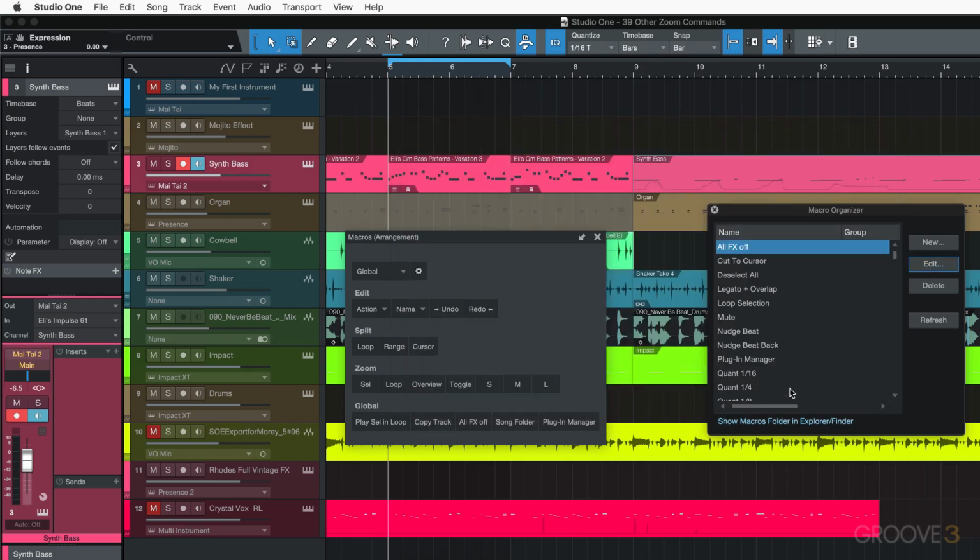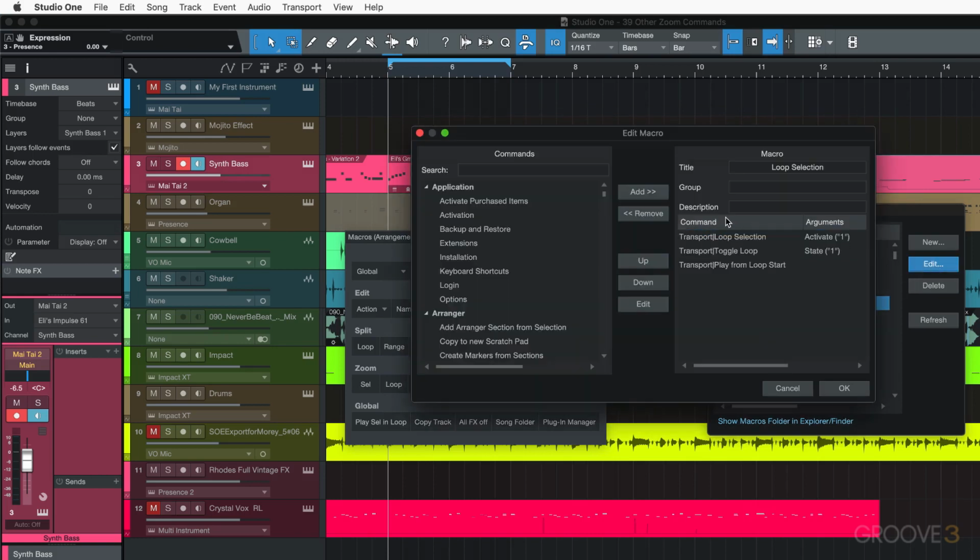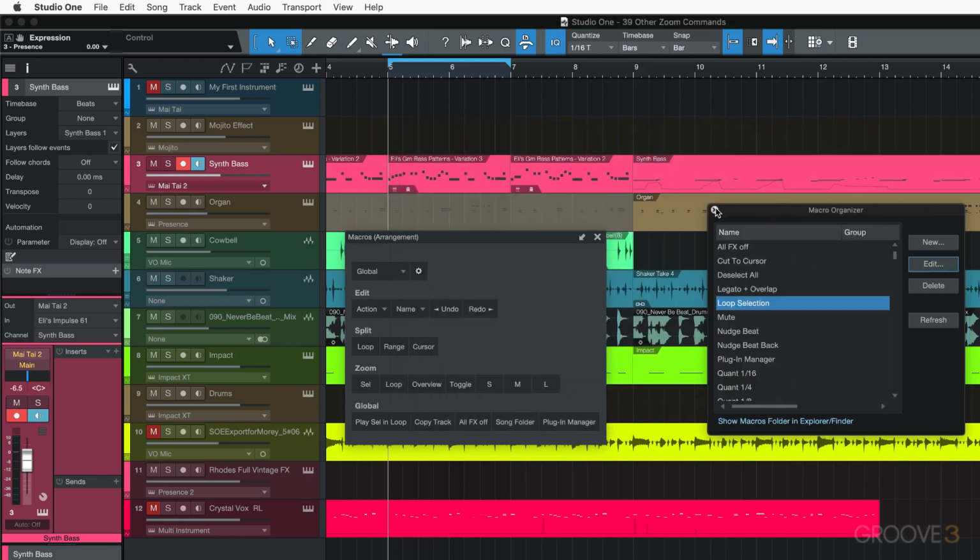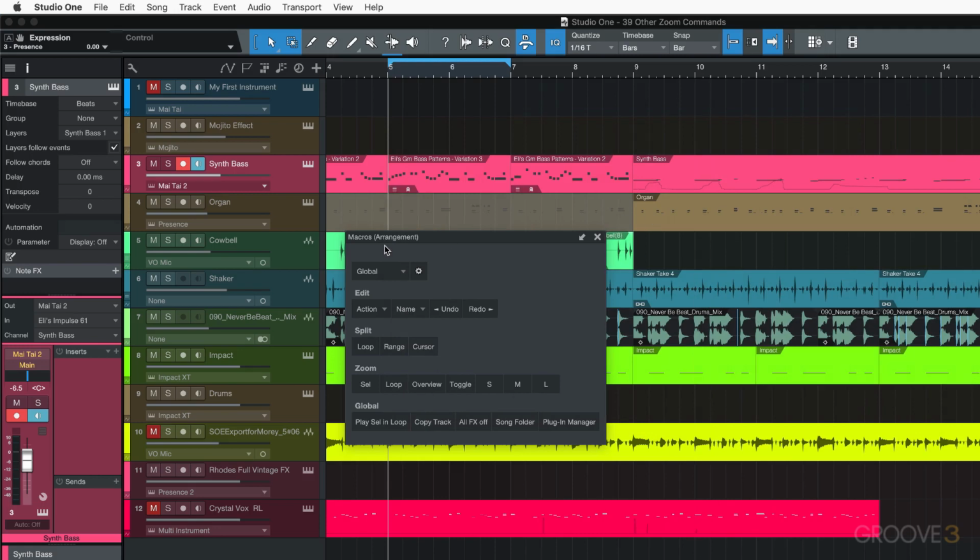I'm going to hit Cancel for a moment, and I'll select another one. Let's say Loop Selection, and hit Edit. And you'll see a series of commands, and they're executed in the order they're listed. So the one function is going to select, then enable the loop for that area, and then start playback all with one command. I'm going to close this up for a moment,